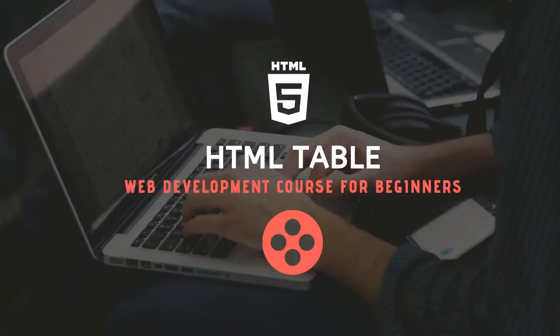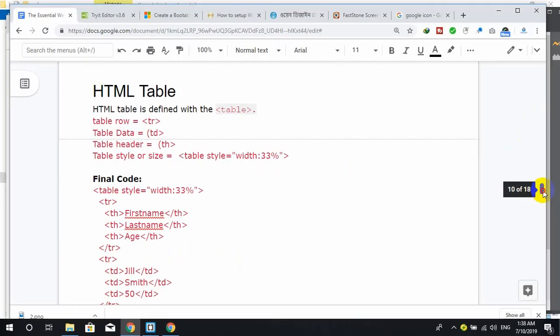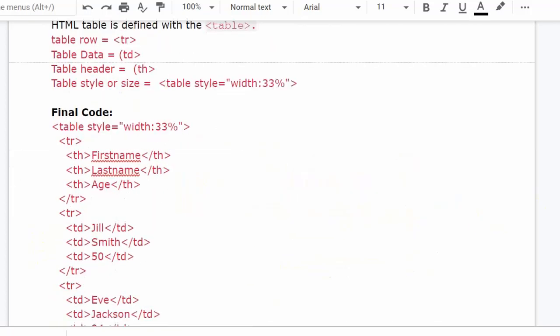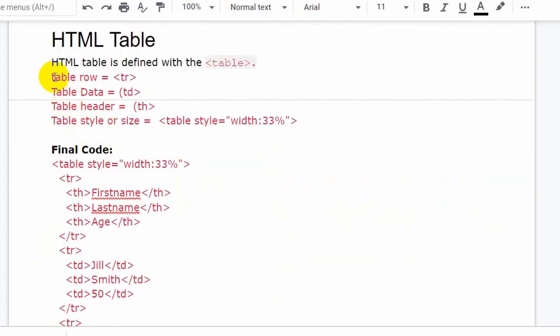In this lesson we are going to discuss how to add a table in your HTML. If you want to add a table in your HTML page by using code, how can you do it? First of all, I will discuss some tag details. TR means table row, TD means table data, TH means table header,